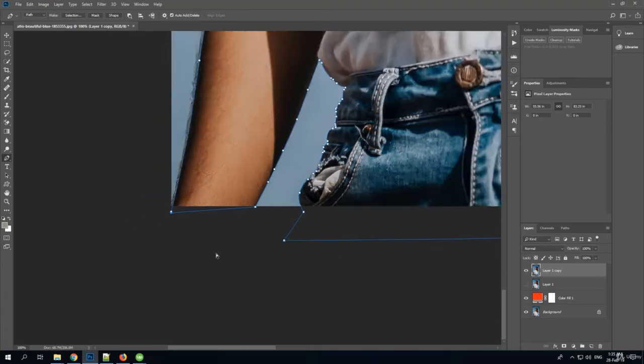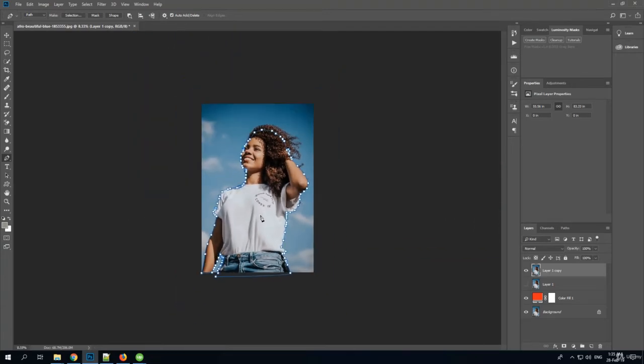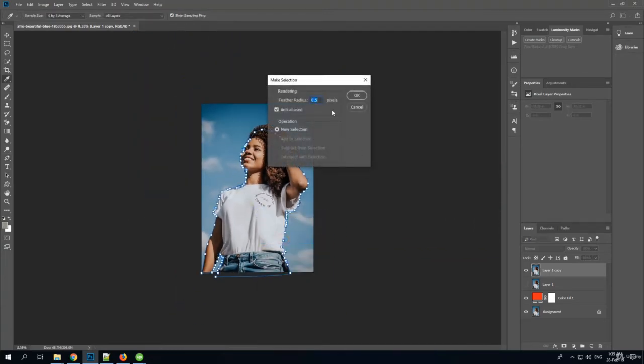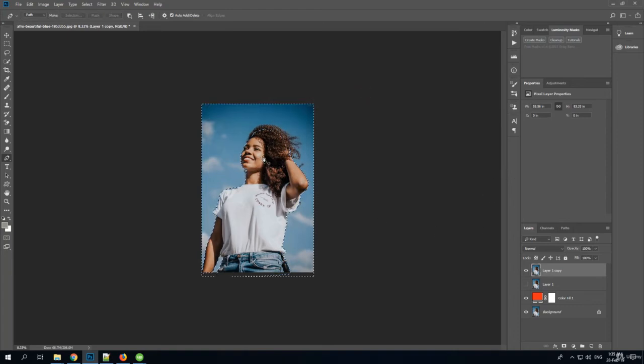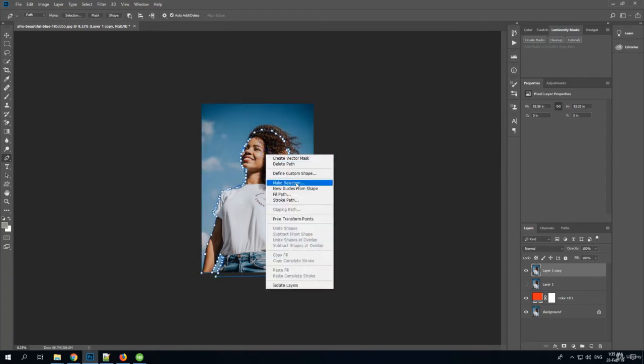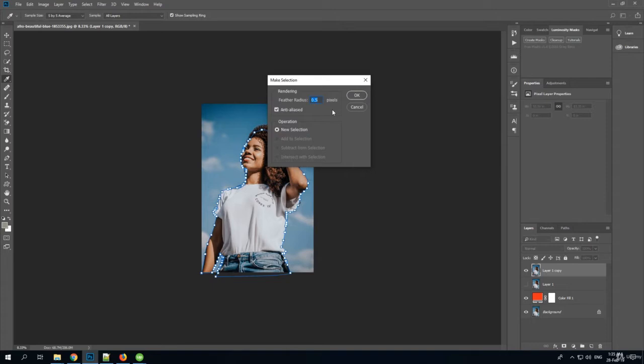Okay, now we have a rough selection. Right click, make selection, 0.5. Sorry, let me show you again. Right click, make selection, and you should choose a feather radius